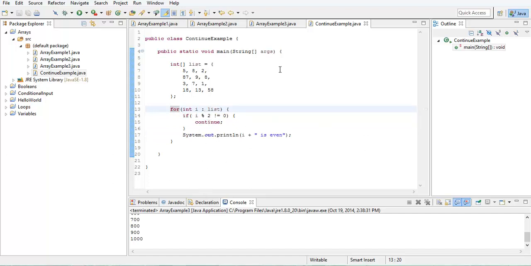So we have some odd numbers and we have some even numbers, but only 8, 18, and 58 are even. So that's what our output should be: 8, 18, 58. So it saw that 5 remainder 2 was not 0, so it continued. It just stopped the current loop and then started again at the next iteration. So instead of writing so much code, we just put all the